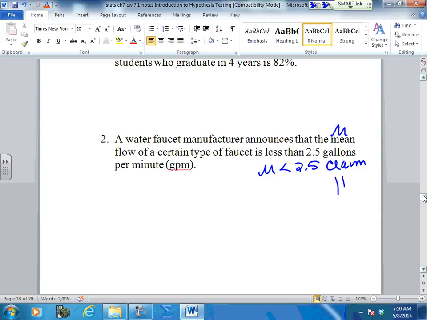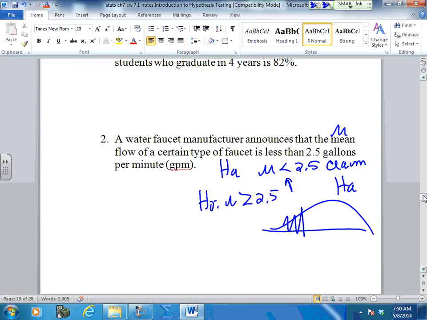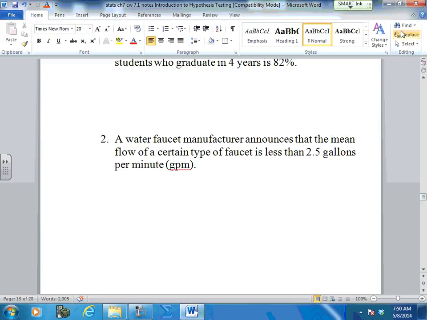Is it the H0 or the HA? HA. So what tail test are we going to have? A left tail. This tail points to the left. We're going to have a left tail test. Somewhere here. This is your HA. Your H0, its complement, mu is greater than or equal to 2.5. We use the tail of your HA. That's really, really important. If anything, just get that part right now,